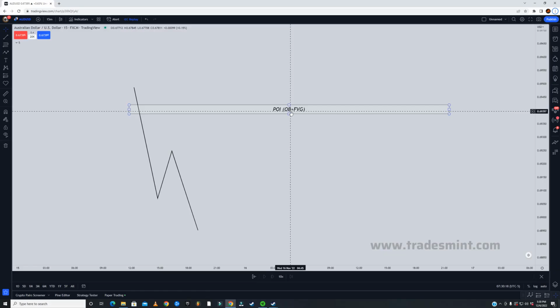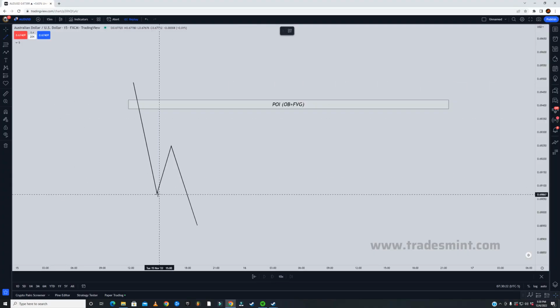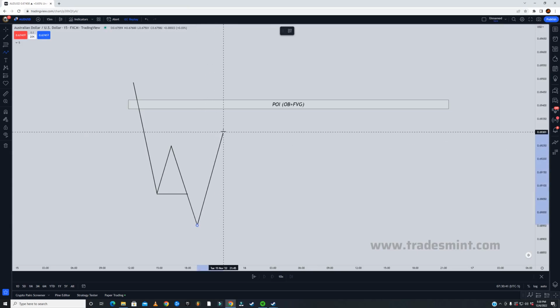It could be an order block or a fair value gap on a higher time frame, and you can also take into consideration that you had a lower low, lower high, and then a market structure break, or break of structure, right? So usually when you are trading smart money or order flow trading strategy, you would take your entry from this level. However, if you want to increase your ABC strategy win rate, what you can do is